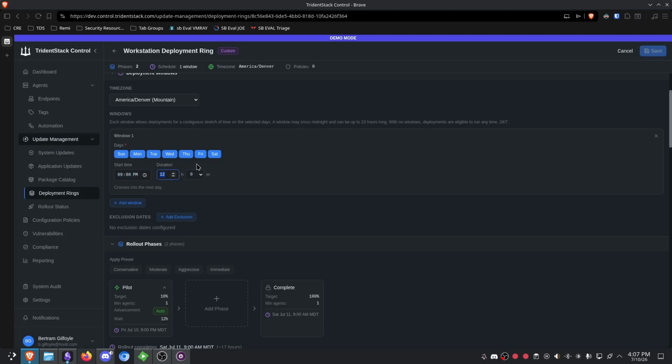There's a bit of logic behind the reason we set it up this way. Starting at 9 o'clock and allowing a 12-hour deployment will, in most cases, if devices are online and sleeping or unattended, have all of the updates fully installed, rebooted, and ready to go the next morning for the user. However, in the event that the user is out of the office or their host is offline or for some reason it cannot be accessed during the 9 p.m. to morning maintenance window, the good news about the way this policy is set up is when the user logs on the next morning, they're still going to be in scope of this deployment window for the first hour or so. So we can prompt the user, hey, we need you to install these updates and reboot